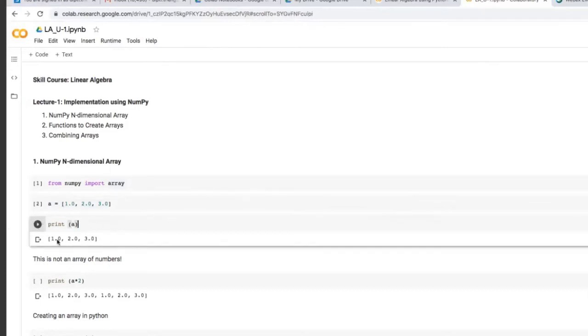And then I asked print a. So when you print a, it will display the list which we have created, that is 1.0, 2.0, and 3.0. Right. Now, if I would like to perform some mathematical operations on this particular list, that is some addition, what